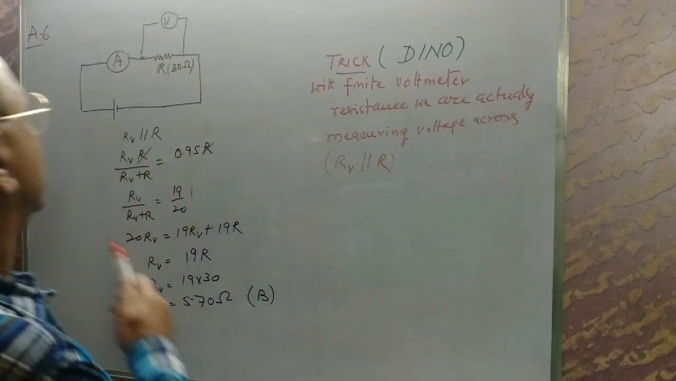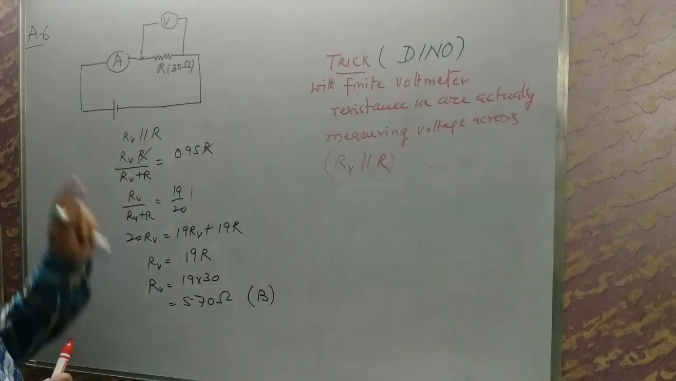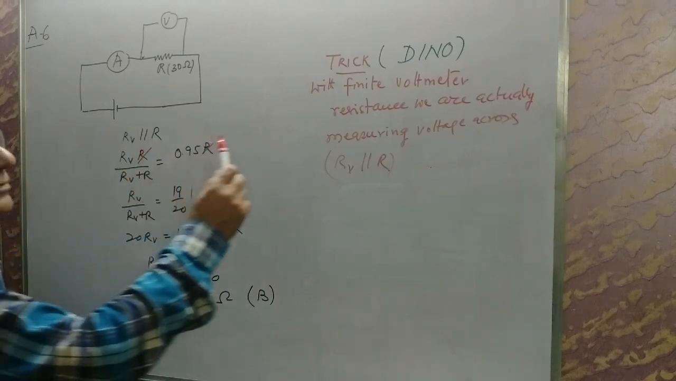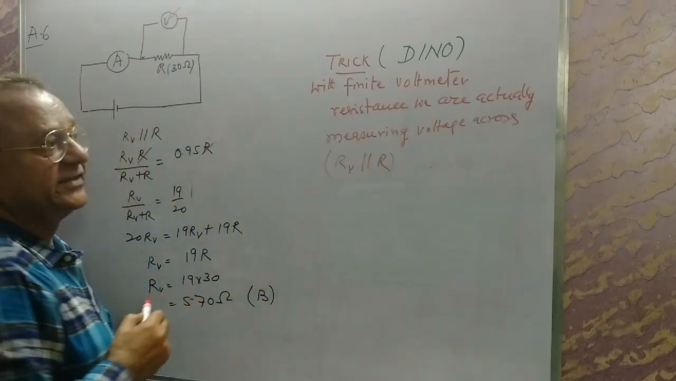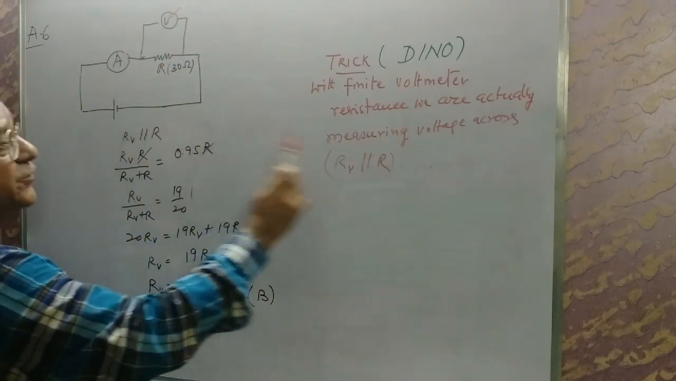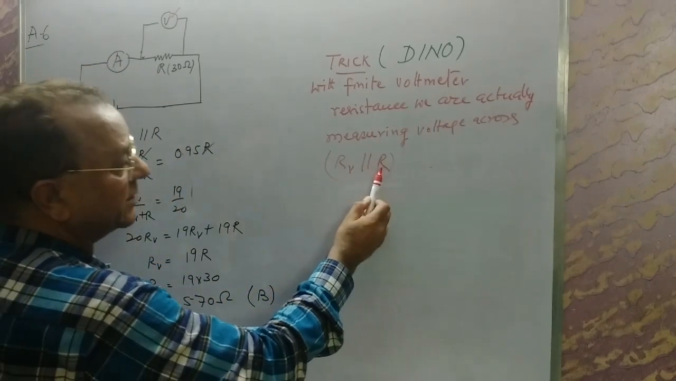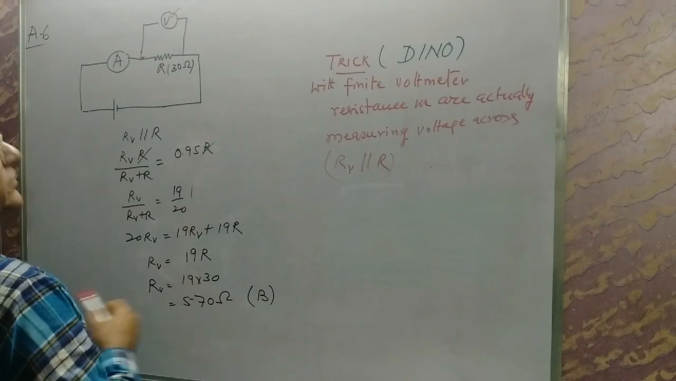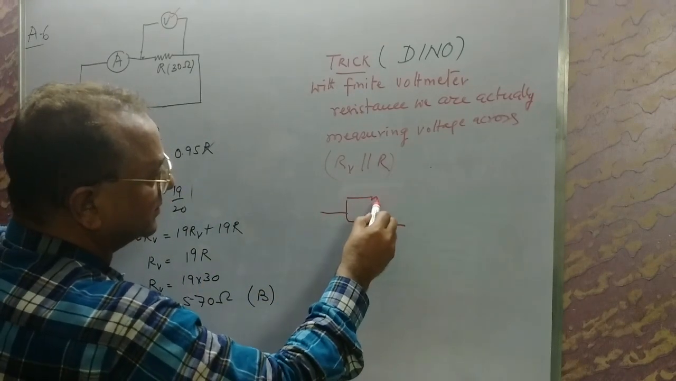Take up answer number 6 now. It's a very simple question, but there's a trick here. What is the trick? With finite voltmeter resistance, we are actually measuring voltage across the combination of RB parallel R. So that means we are doing this. This R, this RB,